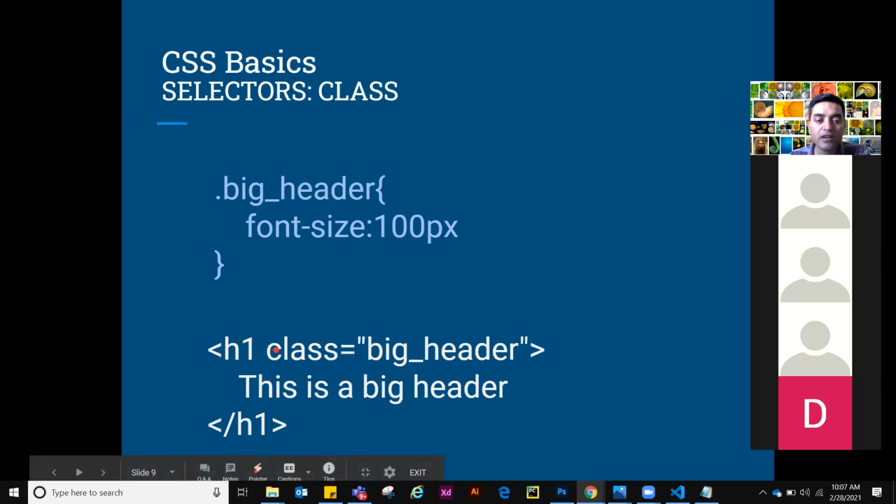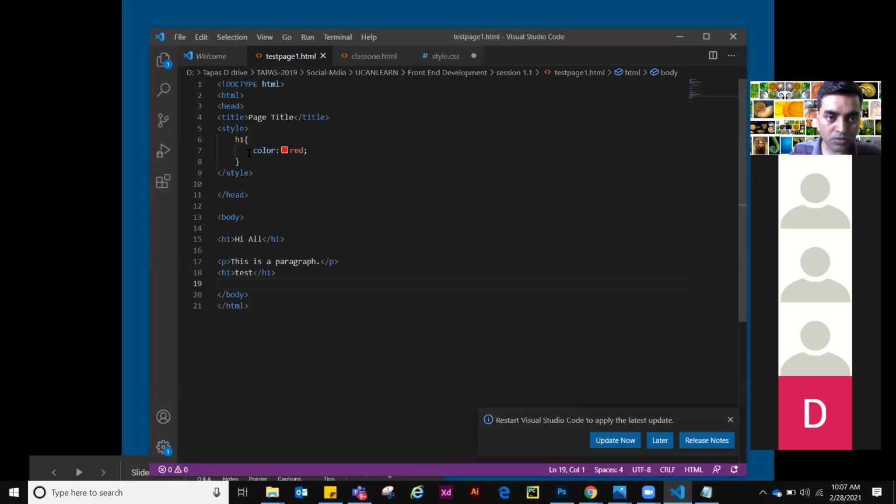Now it will target, or it will change only those elements which have this class big header. Okay, so let's move to the coding section and let's do that. Now this is one. Now let me change it to,